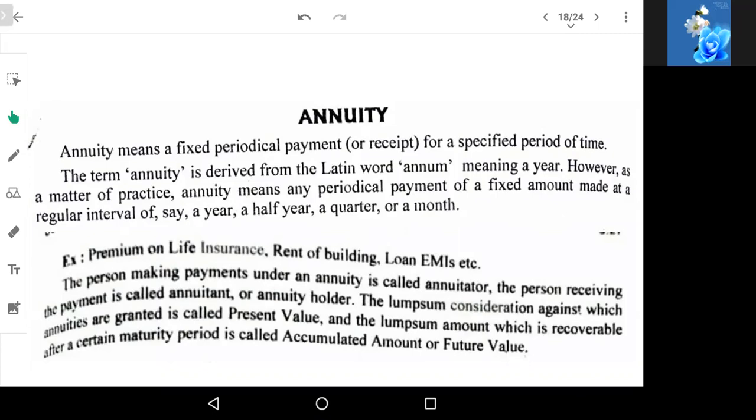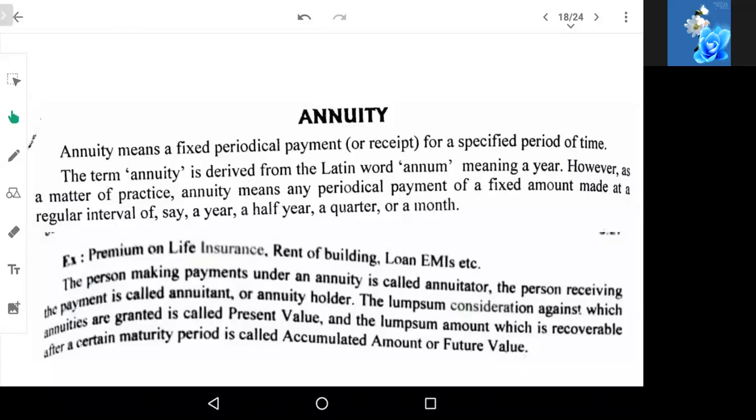Every month, if they are paying a salary, that will become an annuity. If they are paying the same amount of salary, it will become an annuity. Something like rent of the building, loan amount, premium of life insurance. But salary, why don't they call it an annuity? Because there will be little changes, right? They can give an increment, so there will be little changes in the salary. So that's why they don't say it as a particular annuity, but if they are paying a fixed amount every time, then that will come under annuity.